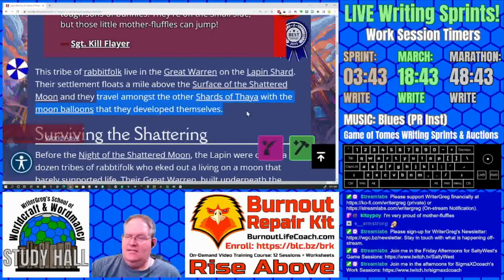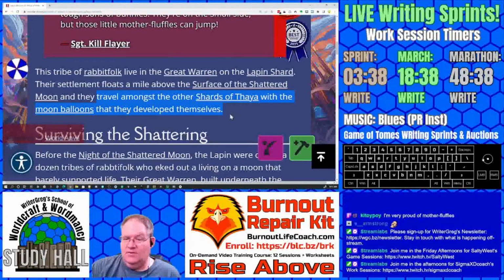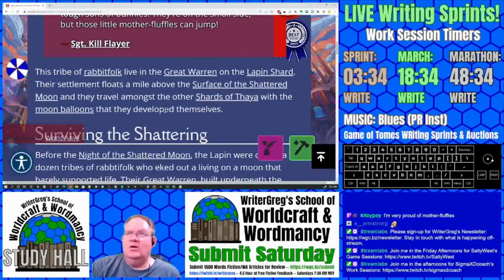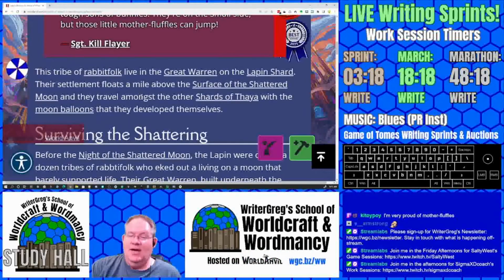I like this detail about them traveling between the moon shards with the moon balloons, but I don't know if it is important enough to have it in the first paragraph of your text. There are many things you can talk about. You talked about the fact they're rabbit folk, where they live, but you're not talking about their culture, their best attributes, their size and shape.